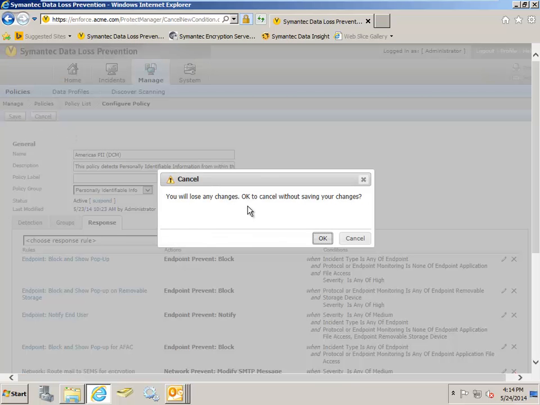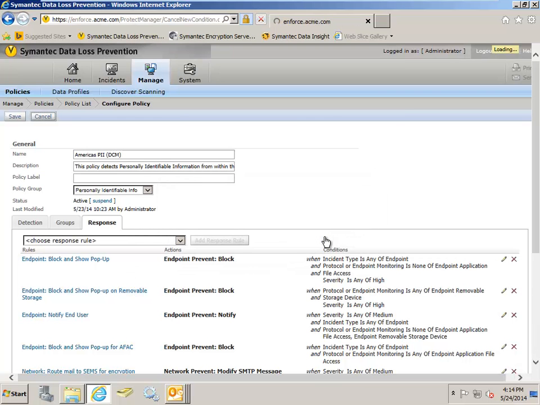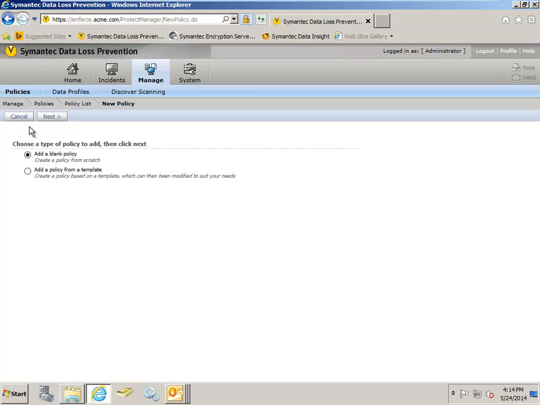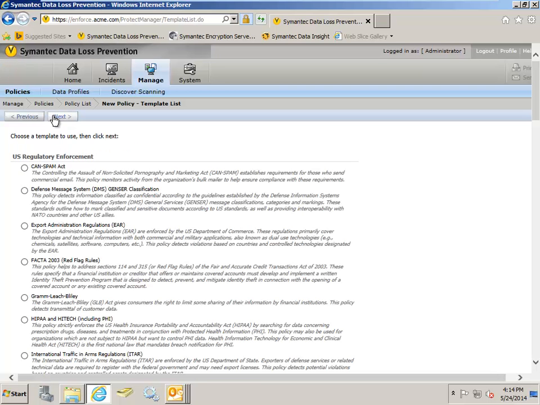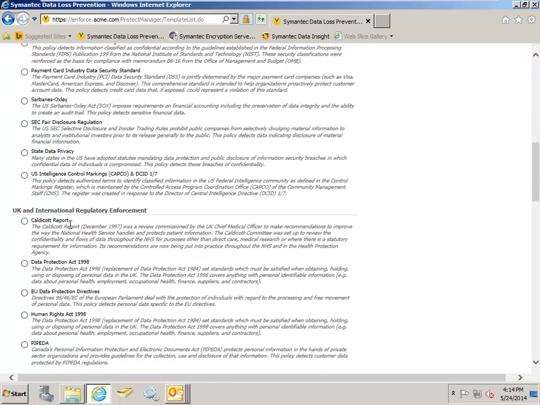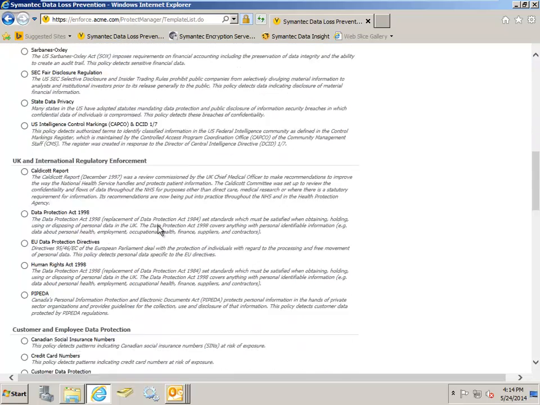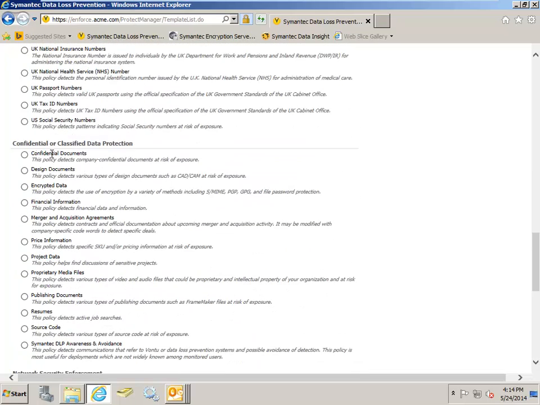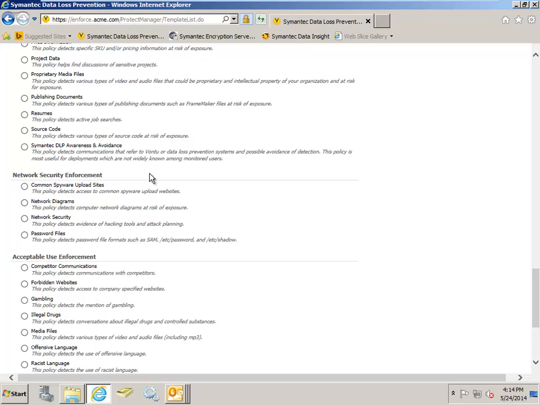I'm going to cancel out of here. And before we leave the policy part of the demo, I just want to show you our policy templates because we do have quite a few available right out of the box that help you bootstrap your policy authoring. At the top you can see U.S. regulatory enforcement policies, then later UK and international regulatory enforcement, customer and employee data protection, confidential or classified data protection,